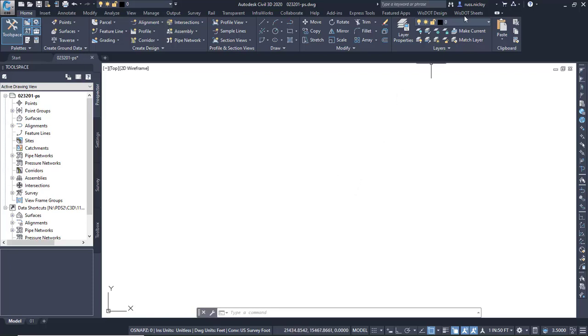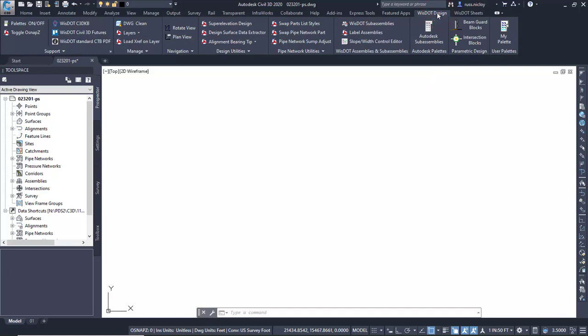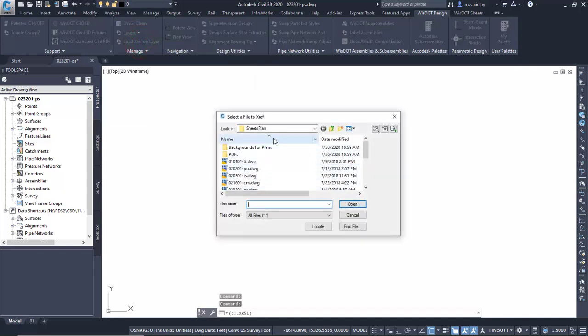So to do this, I'm going to go to the WIS.sheets or the WIS.design tab. Actually, I'll go to the WIS.design tab this time and show you the manage panel and load XREF on layer. I'm going to click that button. That brings us to the layout, the XREF tool for this project. So it's right where we need to